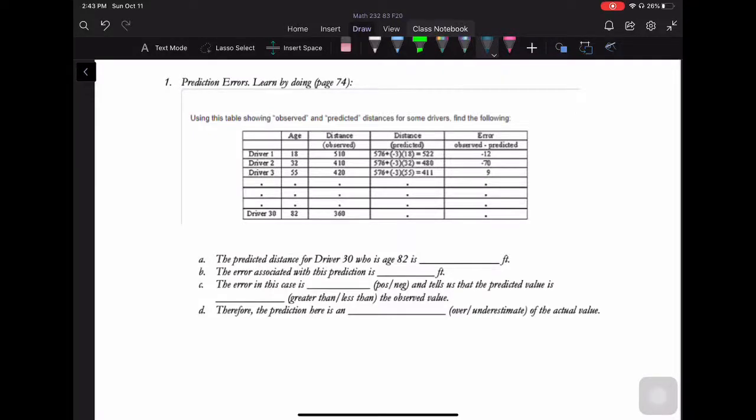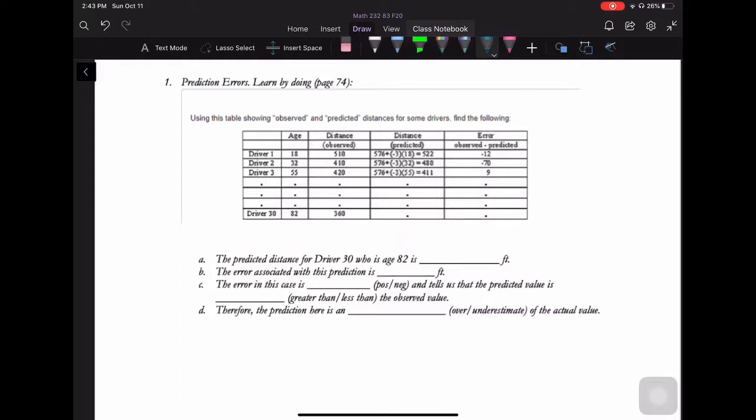Welcome back. We're going to focus on Module 13 today. We have talked about looking at scatter plots. We have looked at linear correlation, or R. We've also created regression equations, but once we've done that, what do we do? We want to check and see how well we have performed our calculations or how well we have fit our data. So from the Learn by Doing on page 74, the prediction errors, we're going to use this table